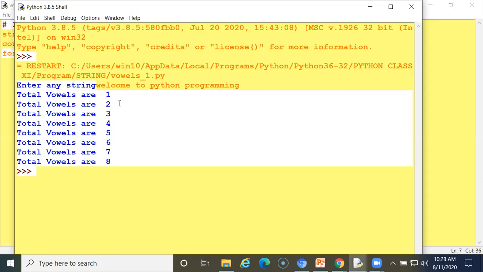So it will check the vowels, and you can write a program for any paragraph. From that you can count how many vowels there are, so you can check. In the first string, welcome, it will check the first, second, third. So how many times A appears, how many times another E, I, O, U, I is appearing. So all will be checked here.